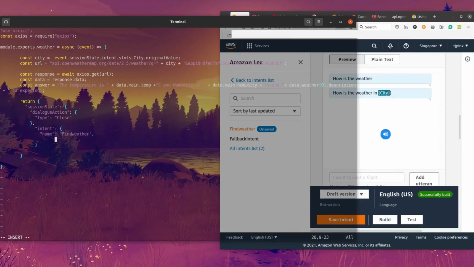And this is important, it's the state. For our case, since we are closing, it's a fulfillment, so it's fulfilled. Okay, then the next one is